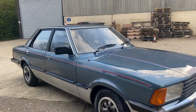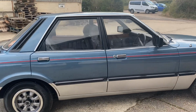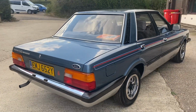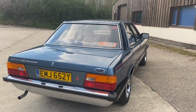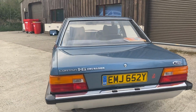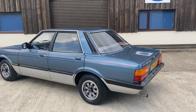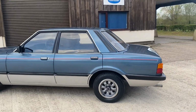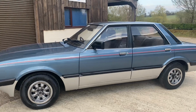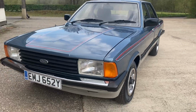This one's covered just 70,000 miles and clearly has been cherished by its previous owners, who've kept this car in what I can only describe as sort of show condition. I think you could rock up at the car show and immediately have an instantly recognisable Ford from a lot of people's youths, and they'll know the Mark 5 Cortina when they see one, because we used to have so many of them on our roads, whereas now they are a rather rare sight, an exceptionally rare sight in this condition. I will do a slow, detailed walk around so you can see the condition of the coachwork shortly,